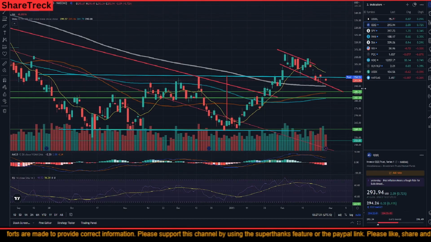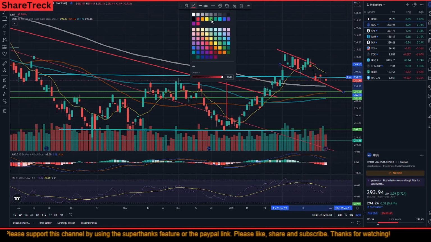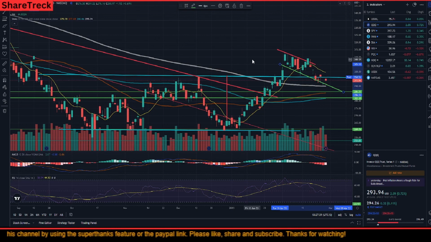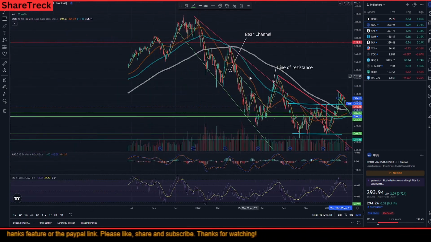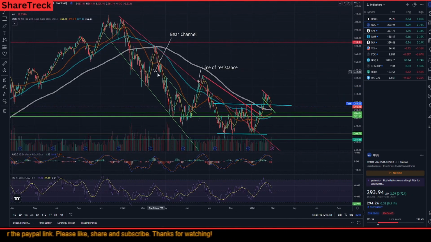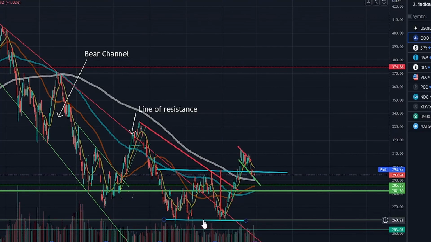Now, in QQQ, we can see that we are still within the bounds of the bull flag. But again, what I said in the NASDAQ futures applies to QQQ as well. And if I was to pull it out for the bigger context, you can see we have a big bear channel in which we were traveling for the longest time. We had a bit of a respite. We had a support level out here at the bottom and a resistance level at the top, marked by these blue fluorescent lines, which formed our consolidation zone.